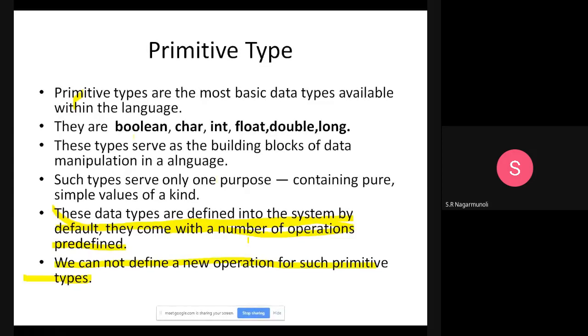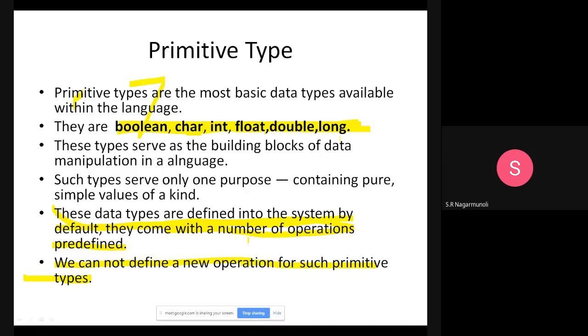But using these primitive data types, we have defined the structure. So what was the type? Roll number was an int, name was a character, three subject marks was float, average was a float. So using these primitive data types, whatever we have here, we defined a user defined data type. Okay, structure is a user defined data type. Then what operations we want to perform on them? We have to define it.